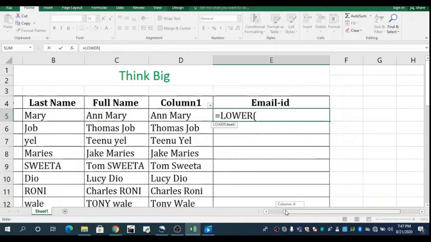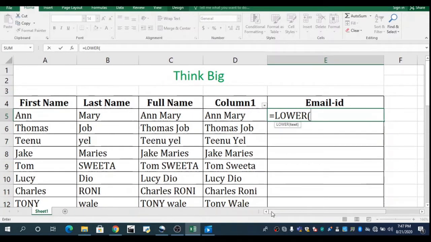Now we have to concatenate, right? First name, second name, and we have to concatenate all the things. But we are not using the keyword concatenate. Now I am introducing a second method. We can use the ampersand sign. You can see the ampersand sign on the number key 7 on your keyboard. Now how to use the ampersand sign? First, we select the first name, put an ampersand sign. Then I set the syntax as first name dot second name at thinkbig. So put an ampersand. Now next we want to put a dot. It's an extra character, so put it in double quotes, close the double quotes, then again put an ampersand sign.